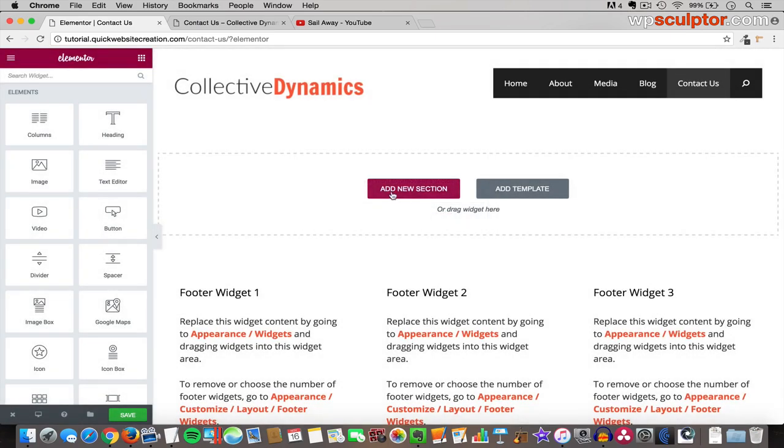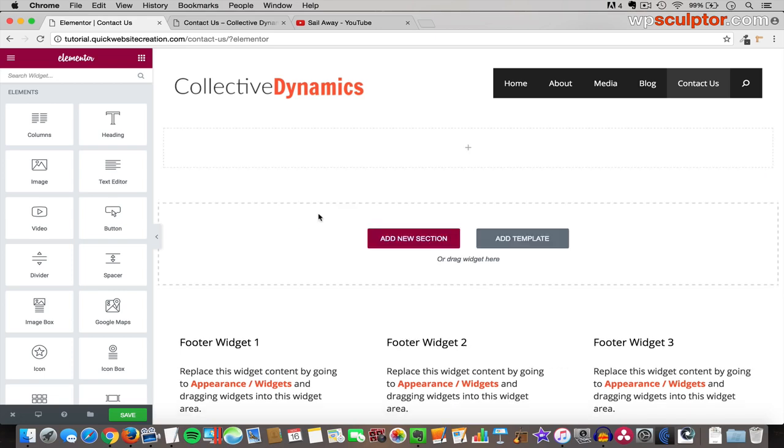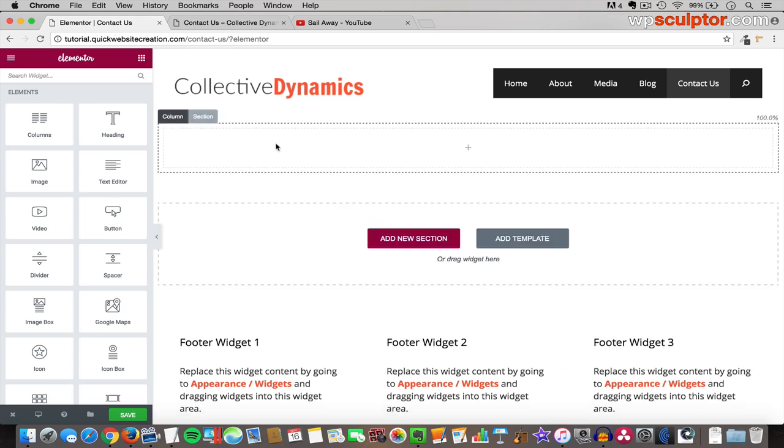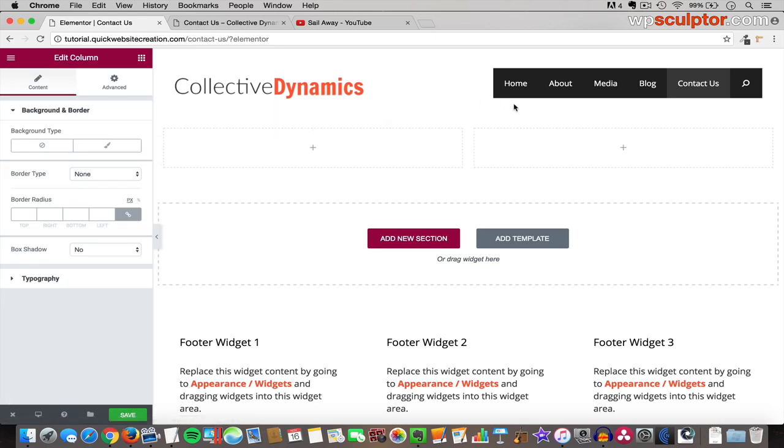Click on Delete, and I just want to show you, if we click on Add New Section, just as a review, you can choose a 1-column option, and you could always hover over your section and click on Column and then the addition symbol, and this would add another column. So now that we've got our 2 columns created, I'm going to set our section background to be the dark